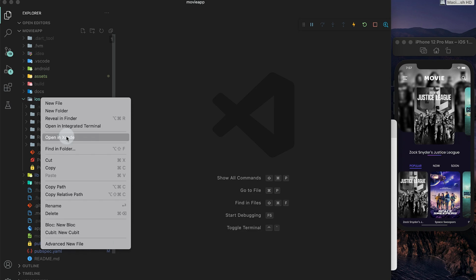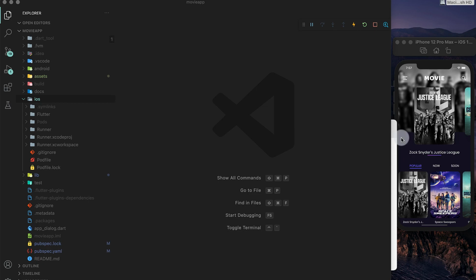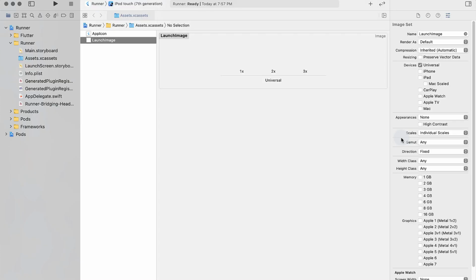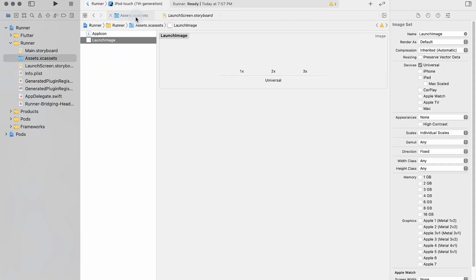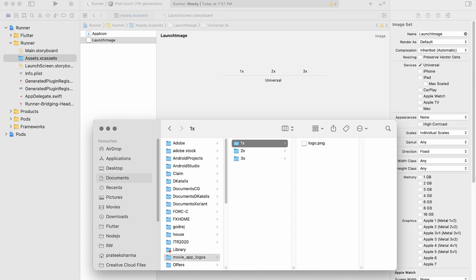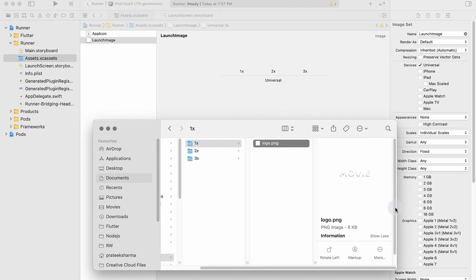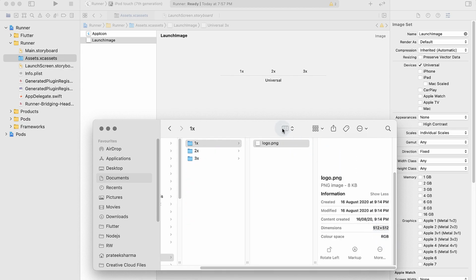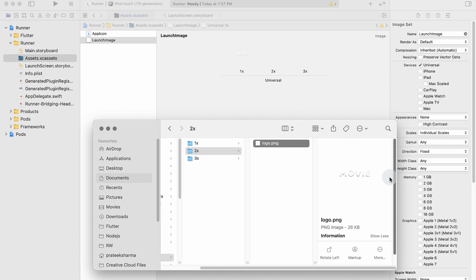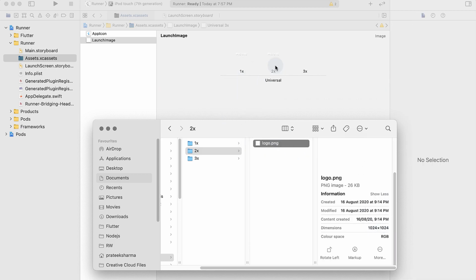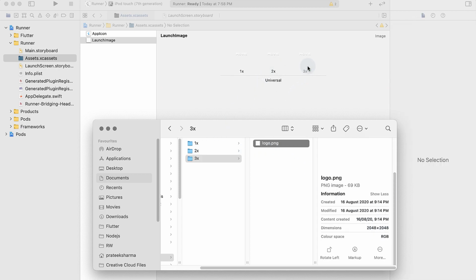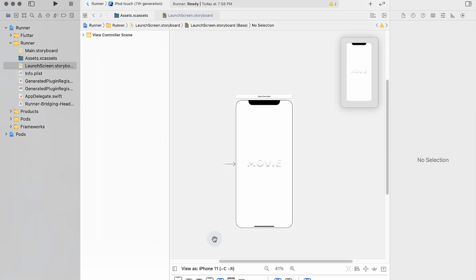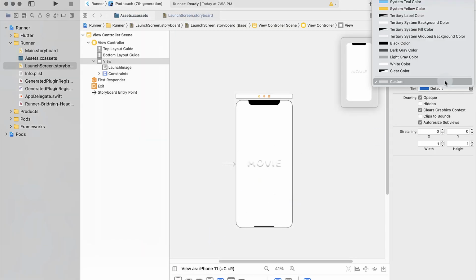You should have 1x, 2x and 3x image sizes. So open the iOS folder in Xcode. In the runner folder in Xcode, open the assets folder. You will copy the logos in 1x, 2x and 3x versions. Then you will change the background color of the screen to the app color.